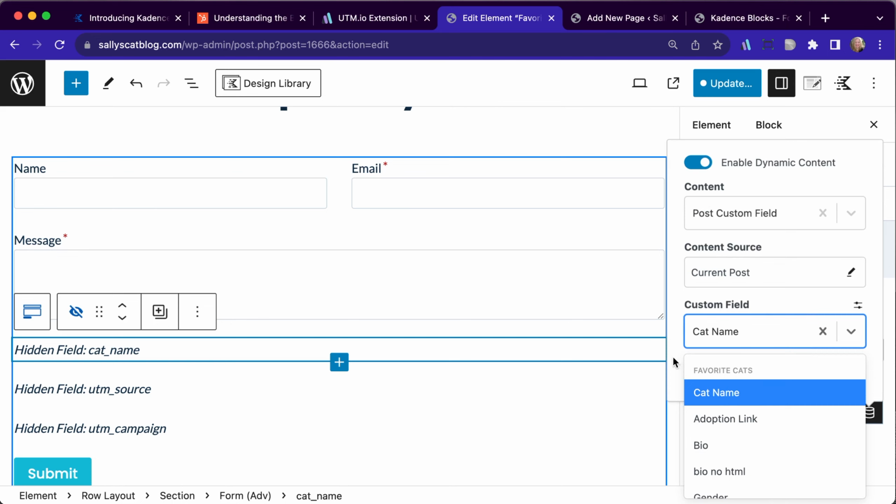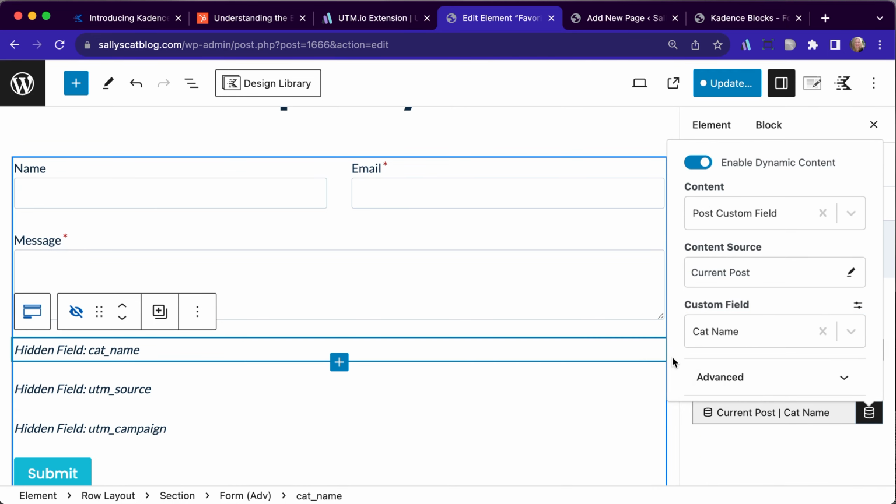So that's a hidden field. That way, when it comes in as a form submission, it's storing which cat they were on. In this way, you don't have to create a separate form for each individual cat. It's all going to dynamically populate based on this dynamic content that's coming in on Kadence Element,